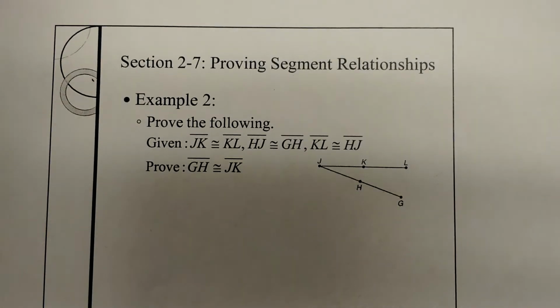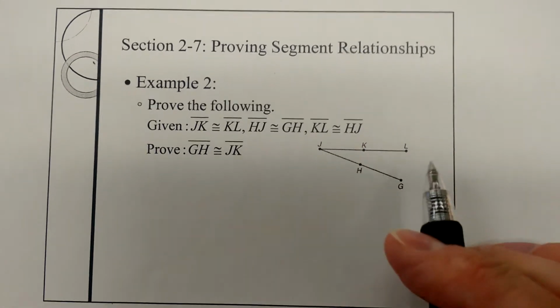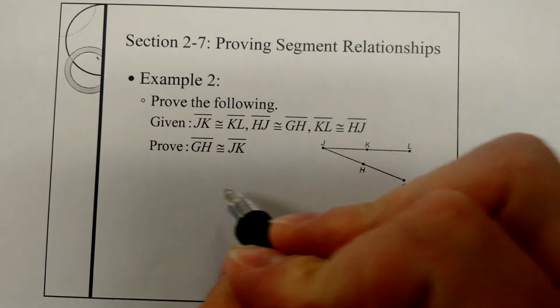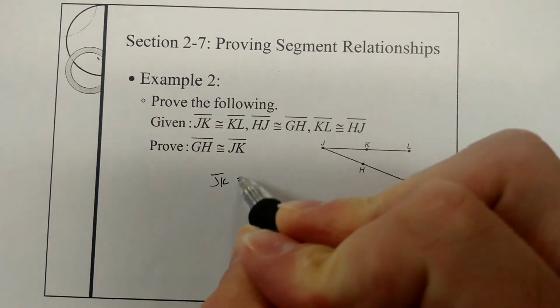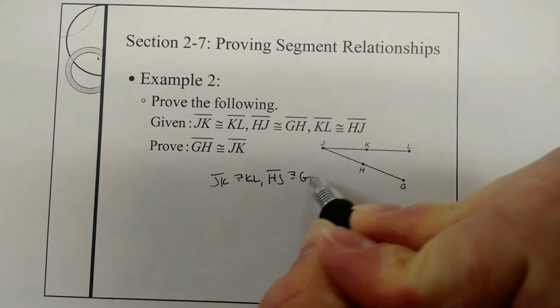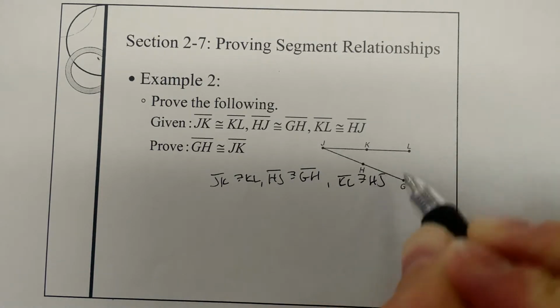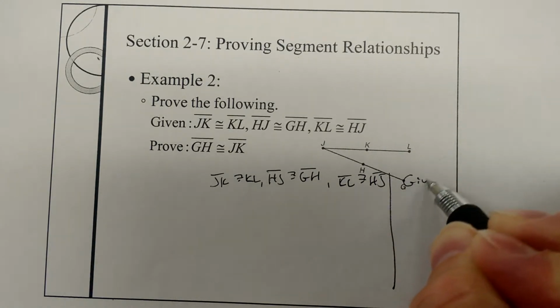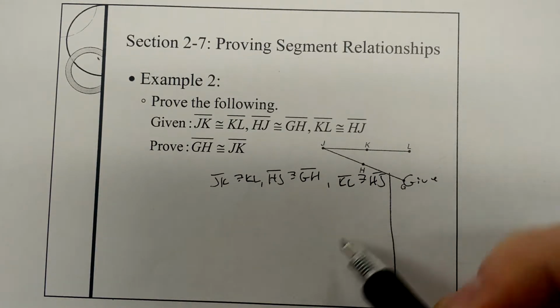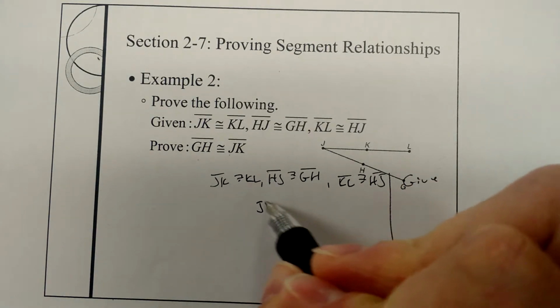So down here, example 2, once again another proof. So you're given all of that fun stuff, and you're asked to prove that GH and JK are congruent. So JK congruent KL, HJ congruent GH, KL congruent HJ. All of that is given. So I need to get GH and JK. So I know that JK